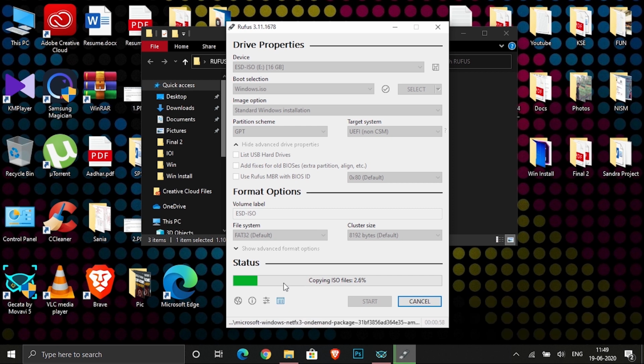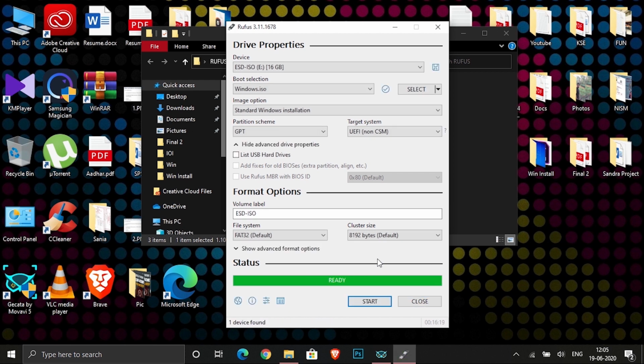Just wait, I will fast forward it. Now we have created a bootable pen drive.